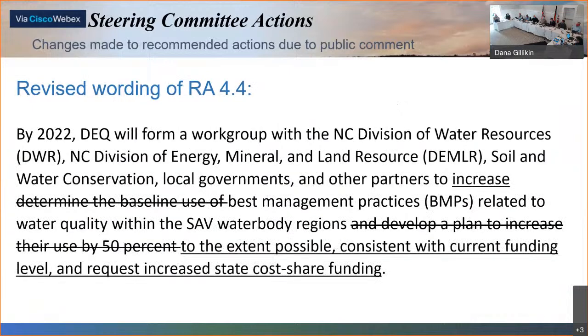Another action that was changed was recommendation 4.4. This was modified due to concerns of having a specific target percentage of increasing the BMPs, best management practices, because those are highly dependent on funding. A lot of the best management practices come from the ag farm bill money, cost share programs. There's also funding available sometimes to cost share for living shorelines that Aaron just mentioned, or other stormwater BMPs. So they modified this to take out the 50% target, and they also added to request increased funding toward these cost sharing